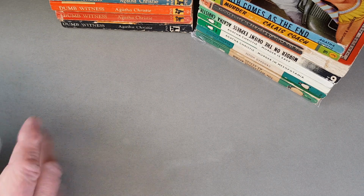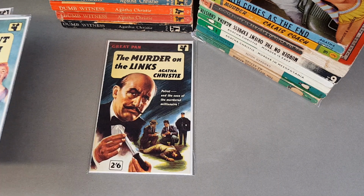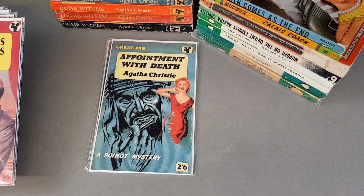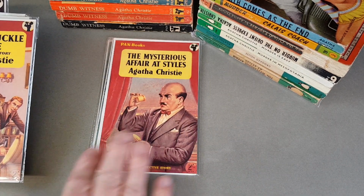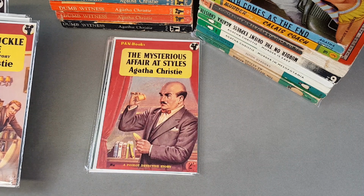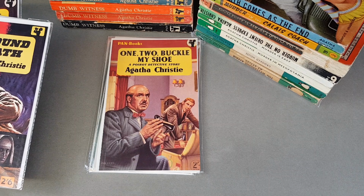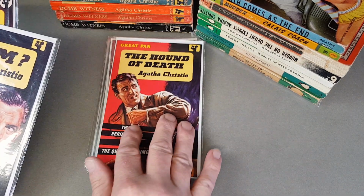But I did want to show you the rest of the postcards which got released by Duns Jules since we're here. So we had Murder on the Links, Appointment with Death, The Mysterious Affair at Styles, which I do like, but the other ones have appealed to me on a different level, as it's very much a personal choice. 1, 2, Buckle My Shoe, Hand of Death,